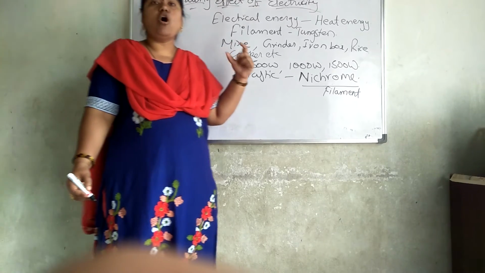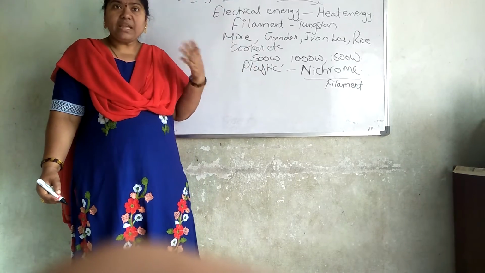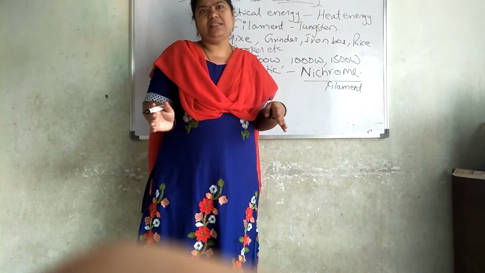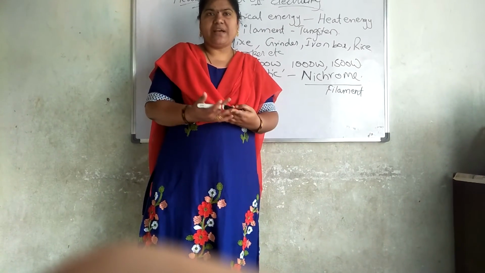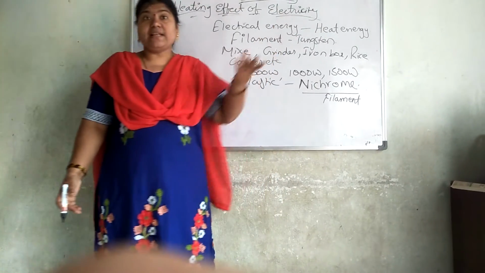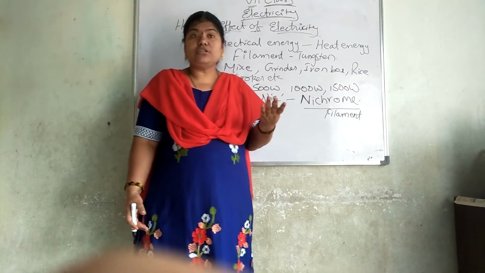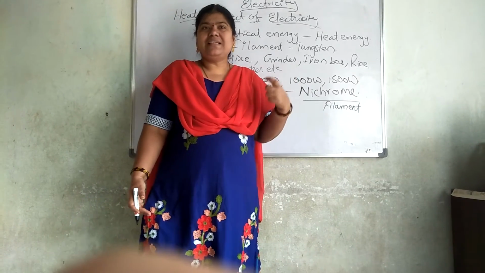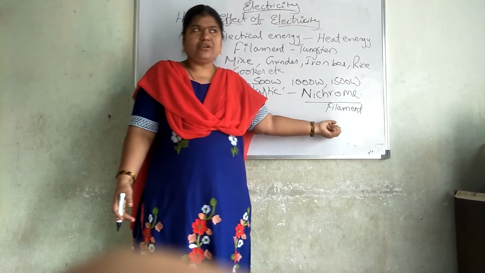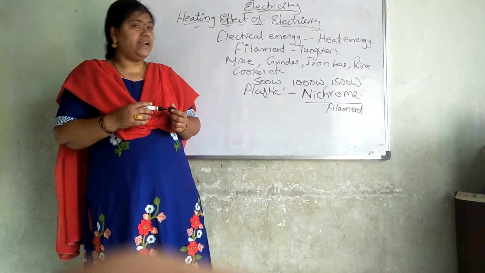Then when we take all the electrical appliances, which one is getting heated up here? The wire which is present. All the wires will not be of the same length and thickness. It depends upon the capacity, as I said here: 500 watts, 1000 watts, 1500, 2000 watts, and some more than that also. Whenever the watts increase, the thickness of the wire also will be increased. And inside, what is the metal present? That is nichrome. Did you understand? This nichrome will act as a filament and it heats up. Did you understand the heating effect of electricity?